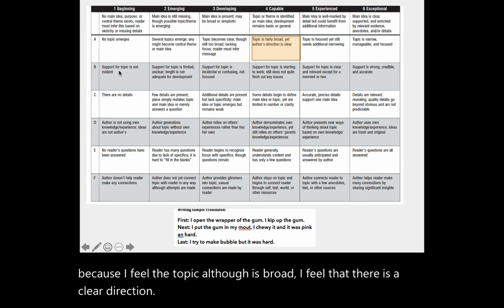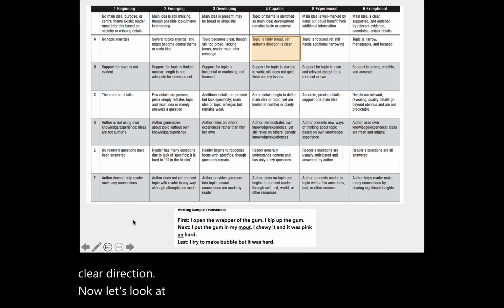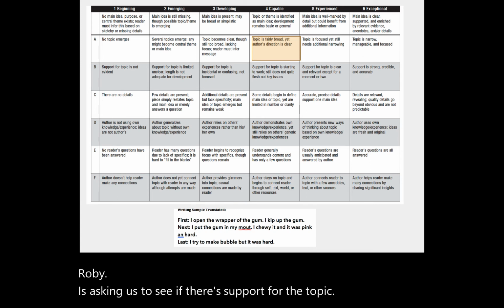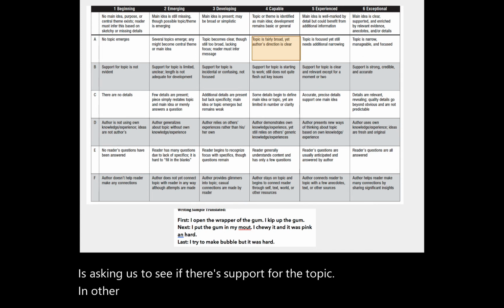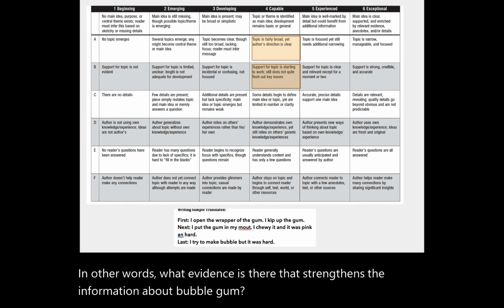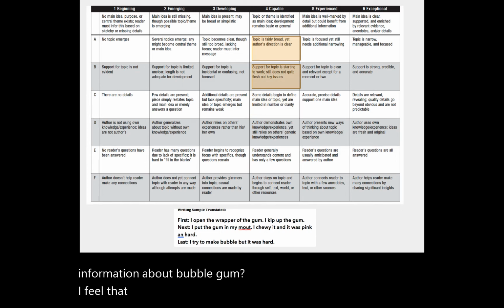Now let's look at row B. Row B is asking us to see if there's support for the topic. In other words, what evidence is there that strengthens the information about bubblegum? I feel that there is support for the topic because